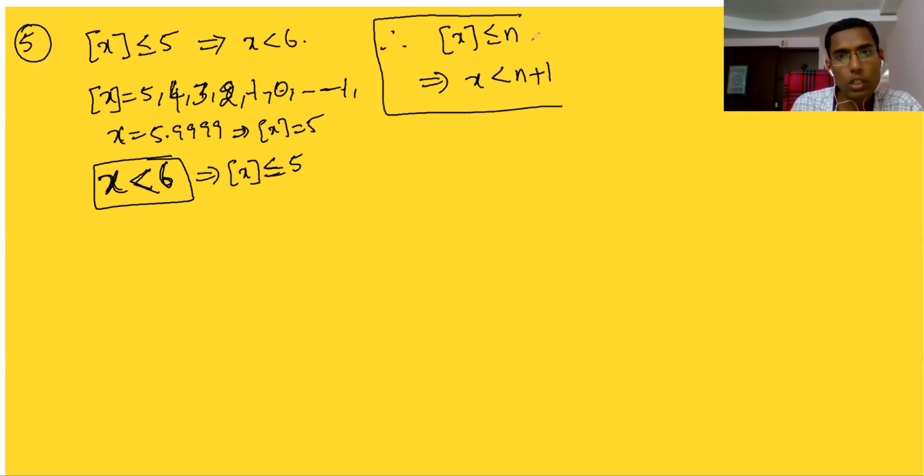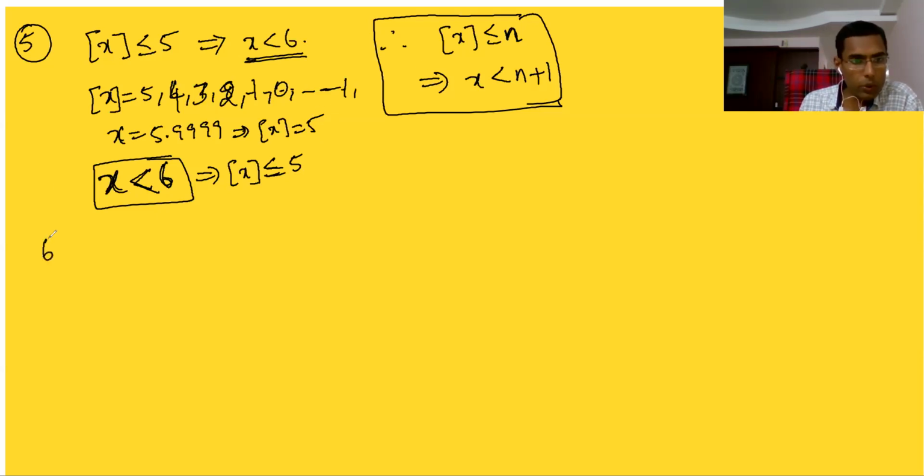This is the conclusion. With numbers, it is so easy to understand. But if you have an integer variable n, then it is a little difficult to understand. So therefore you understand this. That means n means what in your mind? It's only 5. Okay, this is what we discussed.